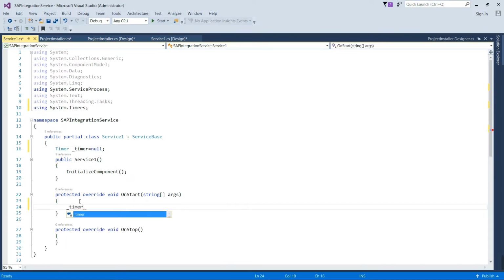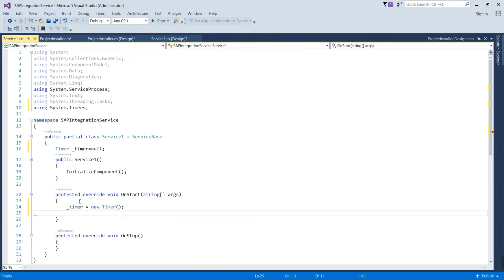Going to create a timer object here, and then you set some properties of the timer object, like Interval.